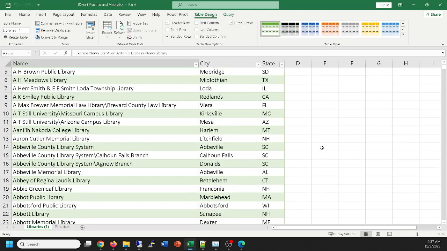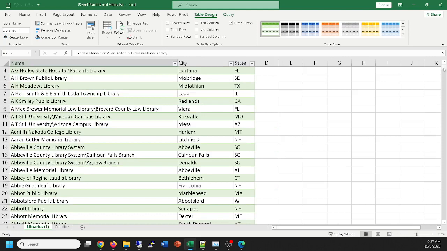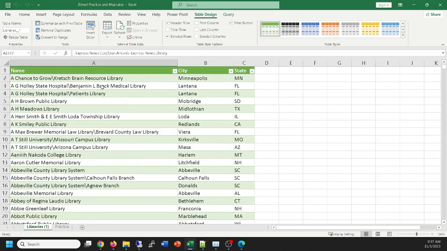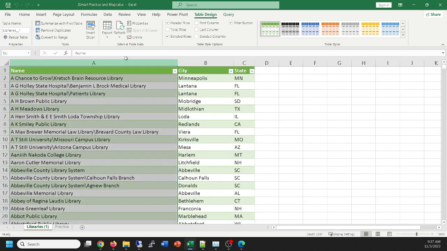Now comes the amazing part. So far we just brought in data. I want to show you something I can do with this data. I'm going to select all 3 columns, A, B, and C, because I'm going to do something with this data. Watch what I can do with that. I can go to Insert,